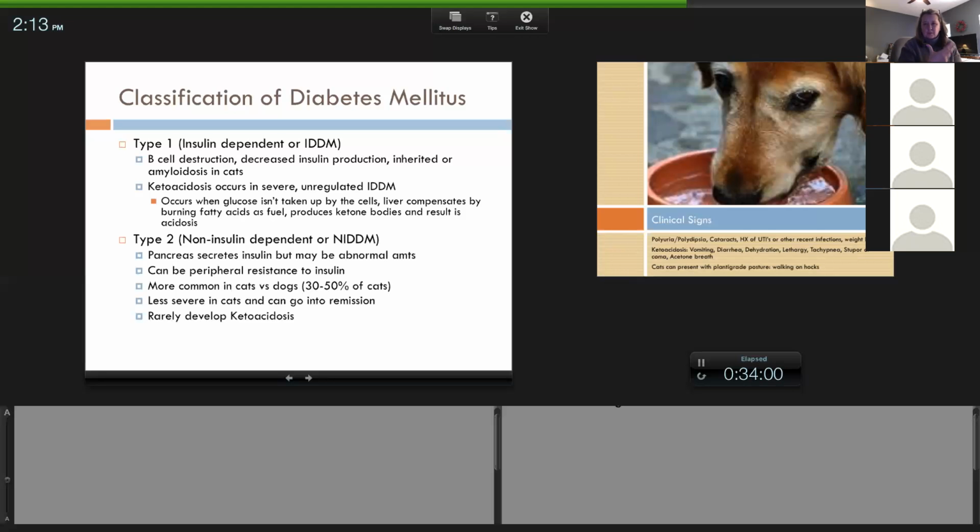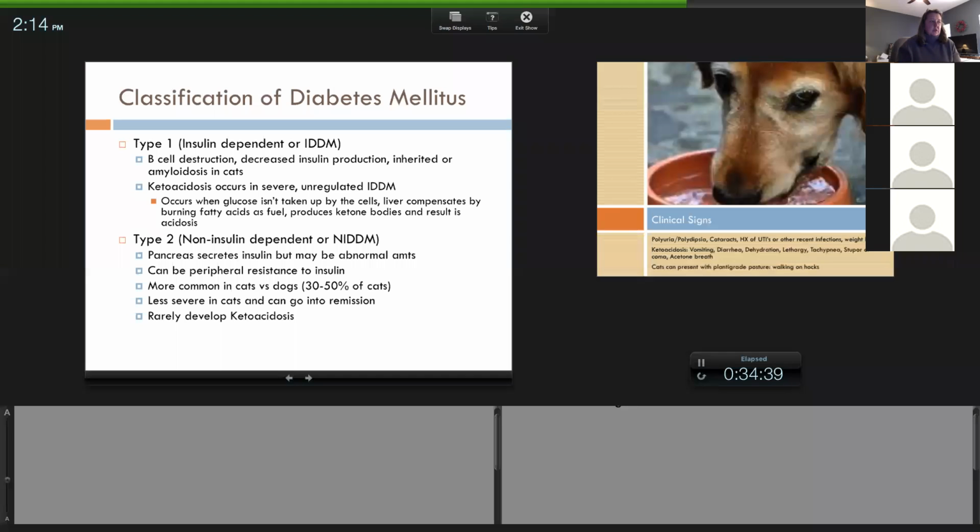Say they've been vomiting for several days and the owner can't get them to eat, but sometimes animals are eating, but because the body has not recognized that glucose is there and the insulin doesn't put the glucose in the cells, how is the body going to access glucose? It's going to break down itself. So the body doesn't recognize that there's glucose in the blood, insulin doesn't move it into the cells, and it starts burning its own fatty acids as fuel to try and access it.